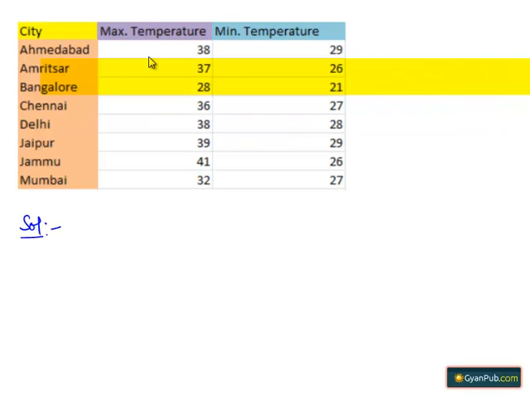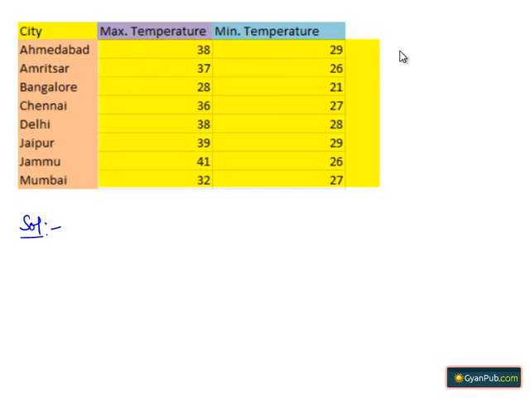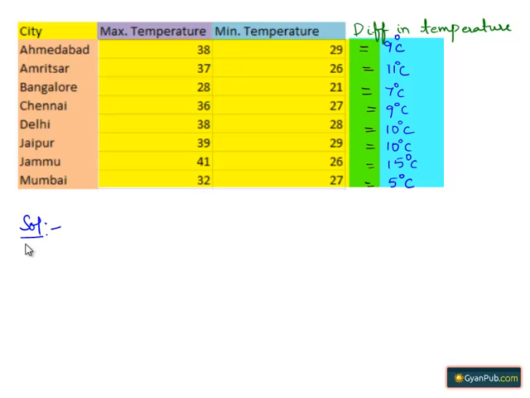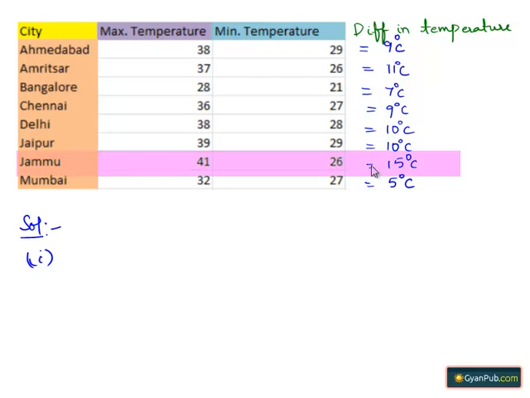Now let's see the tabular form. Let us take the difference in the minimum and maximum temperature on the given date as 38 minus 29, which is equal to 9 degrees, and 37 minus 26, which is equal to 11 degrees. And similarly, we get as follows. Now the solution for the first part by referring the tabular form. Here Jammu has the largest difference in the minimum and maximum temperature on the given date. So the solution for this is,